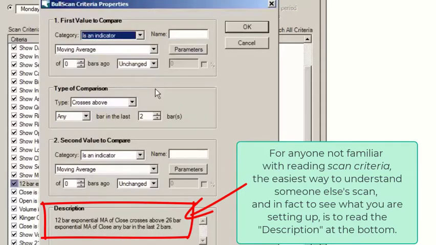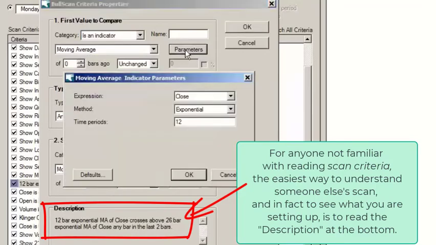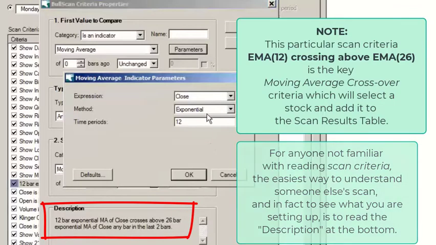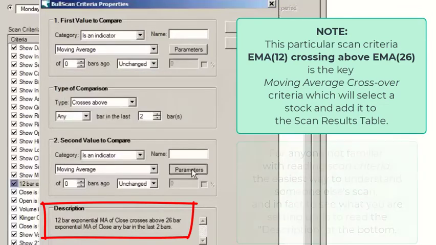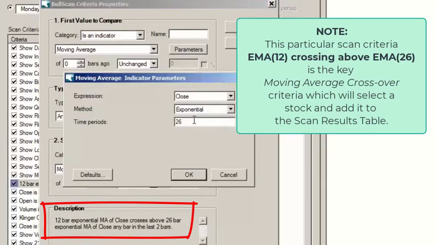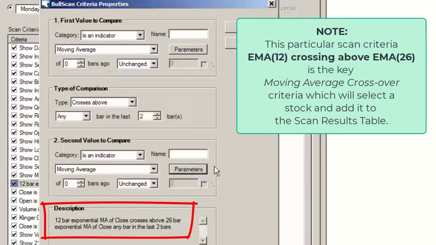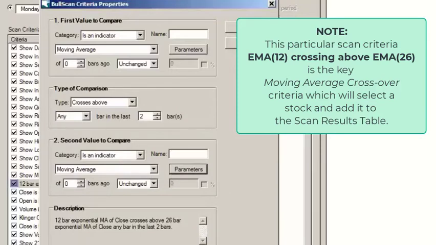It's an indicator, a moving average, crossing above, and for the parameters, this is based on close exponential of 12 crossing above close exponential 26. So a standard crossover, and I've tried all different frequencies and time frames and all that sort of stuff, and came back to this 12 over 26 being a fairly successful criteria.